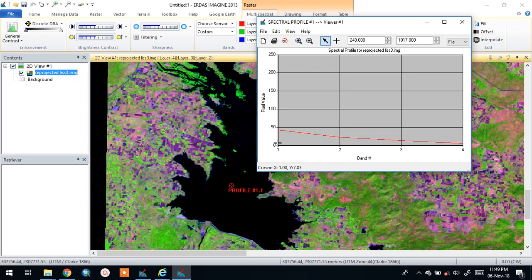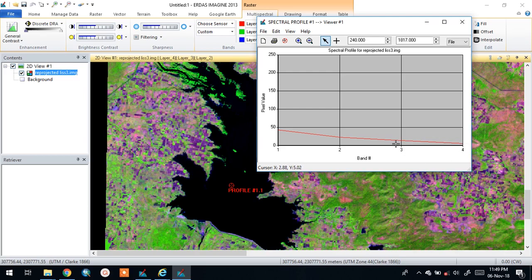Band 1 is the green band, band 2 is red, band 3 is near infrared, and band 4 is shortwave infrared. Clear water bodies have higher reflectance value in the visible region.